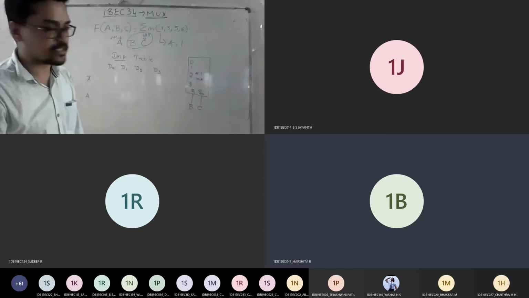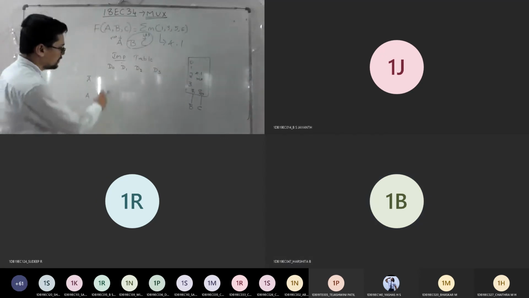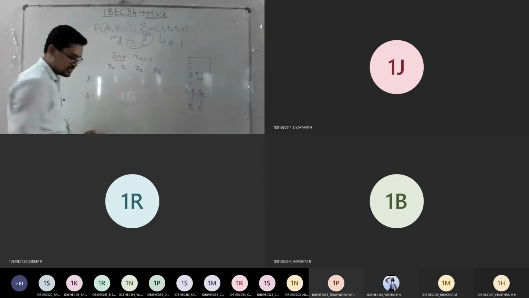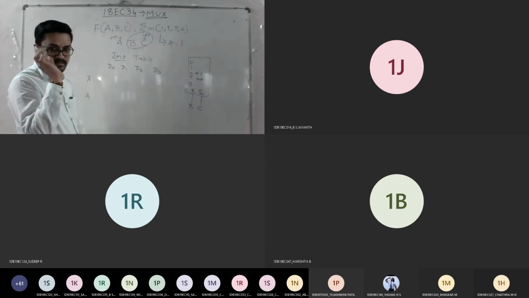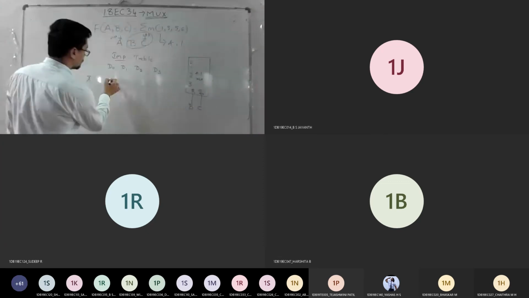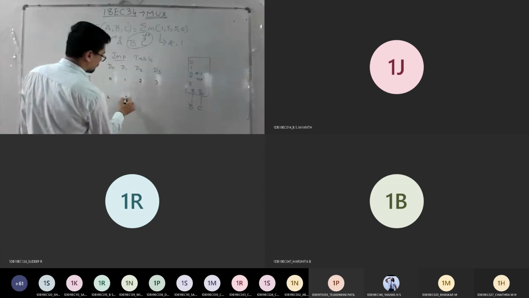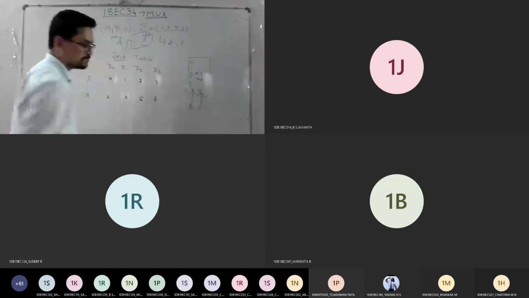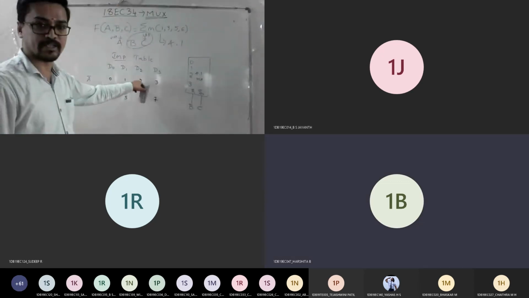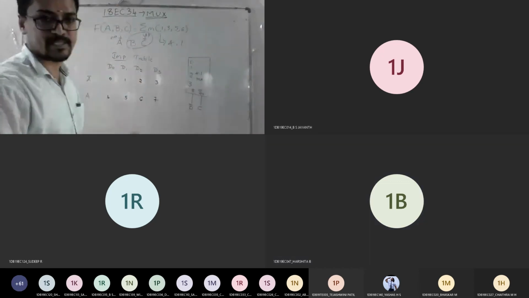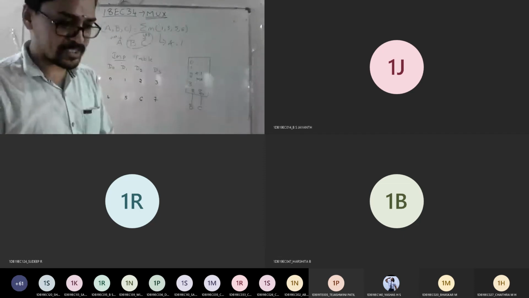So using this combination, I need to check what the possible inputs are. Then you do the numbering like a K-map. This is not a K-map, this is like a K-map. So 0, 1, 2, 3, 4, 5, 6, 7. In a K-map, we used to write 0, 1, 3, 2, 6, 7 in reverse, but this is in order 0, 1, 2, 3, 4, 5, 6, 7. Any doubts anyone till here?